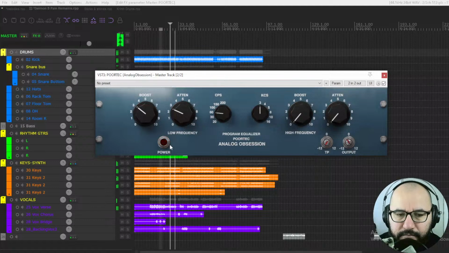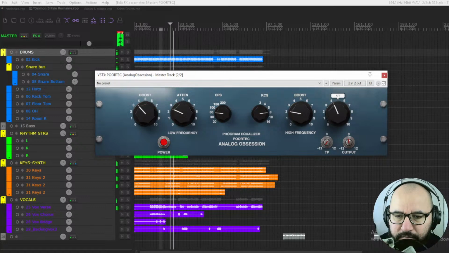Remains every single day. My brain feels like I'm going insane. Remains every single day. All right, and let's do that on the highs around 8K. My brain feels like I'm going insane. Remains every single day. The whole processing. Every single